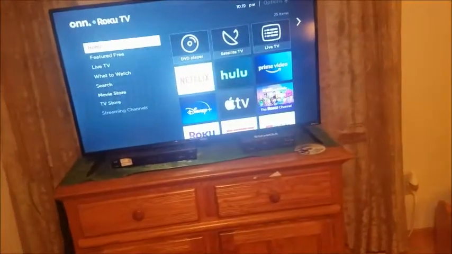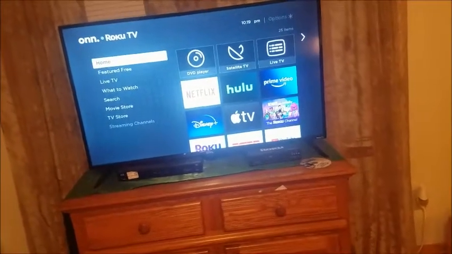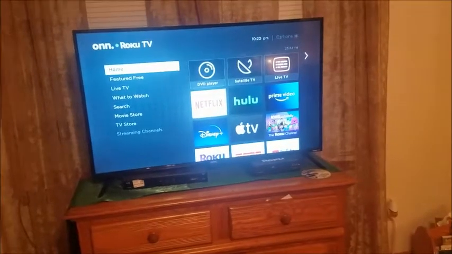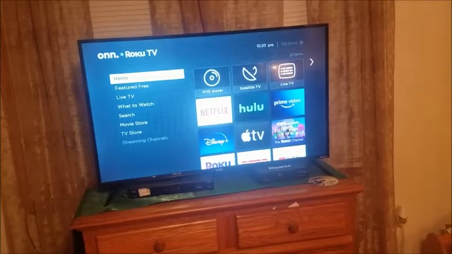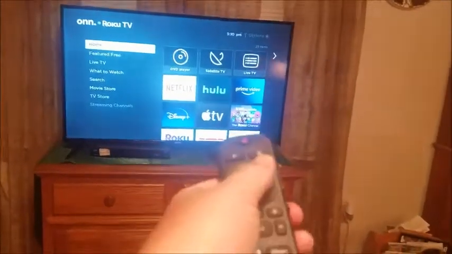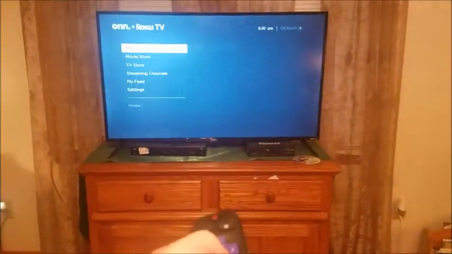play without crashing. I know a lot of people have success with that where it'll work a full day, and then after a day it'll start doing it again. The next solution would be to do a software update, and I'll go ahead and show you how to do that now. Click on the home button and go all the way down to settings,